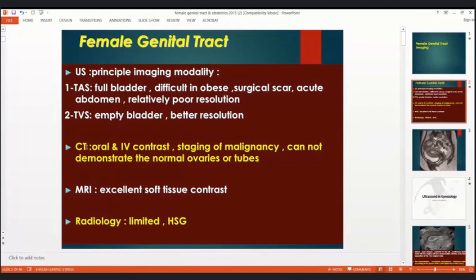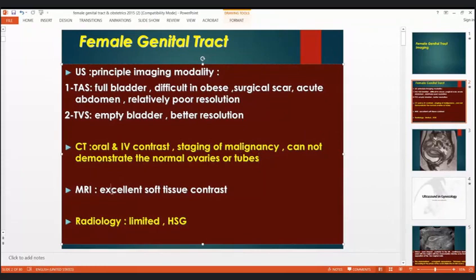The role of CT in evaluation of the female tract is limited to staging of malignancies, especially ovarian carcinoma, and for dissemination of various gynecological malignancies. It cannot demonstrate the normal ovaries and the tubes and has limited resolution and contrast resolution for evaluation of uterine